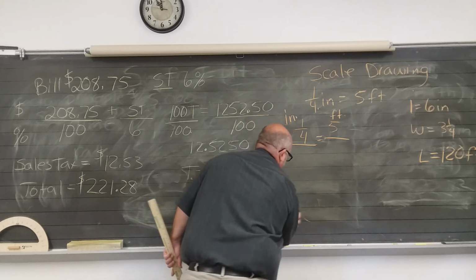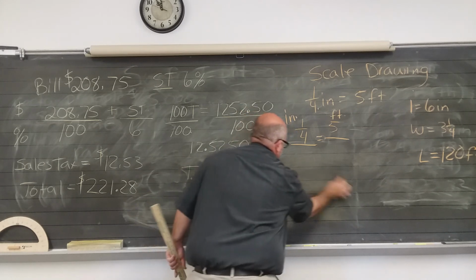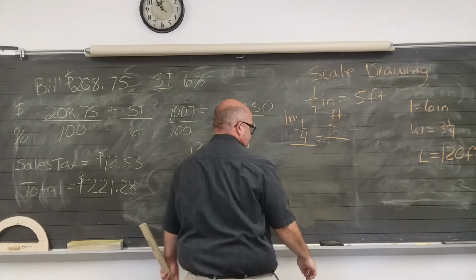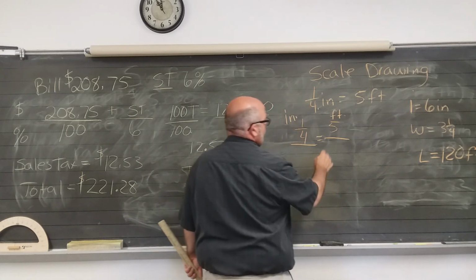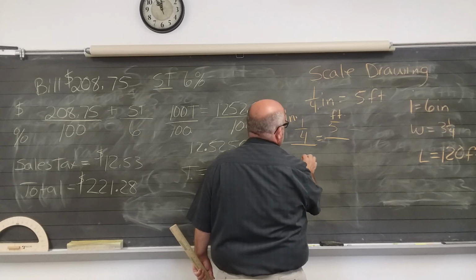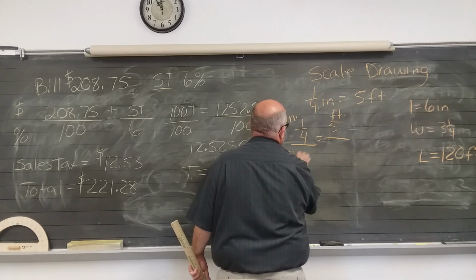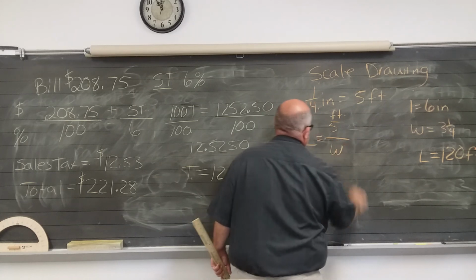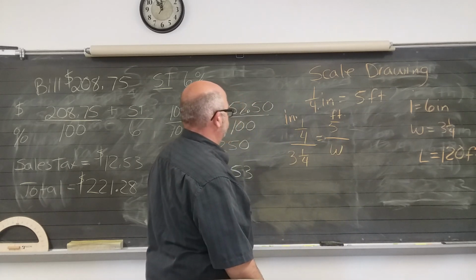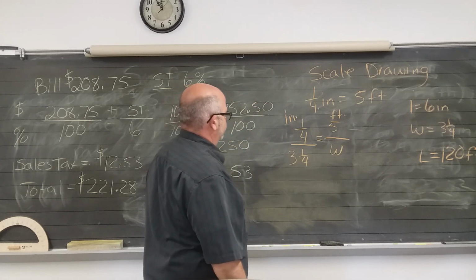All right, do the same thing for the width. And I just threw one thing in here to complicate it for you, right? 1/4 over 3 1/4. And the missing number is your width. So let's make that a W. So now we have 1/4